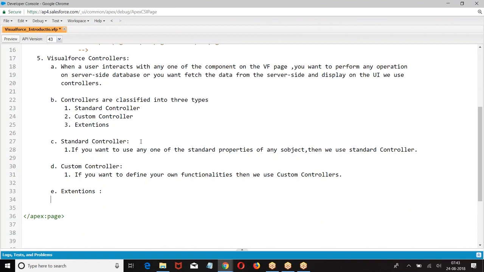Extensions. What is extension? If you want to use standard controller and custom controller together, we go for extension.